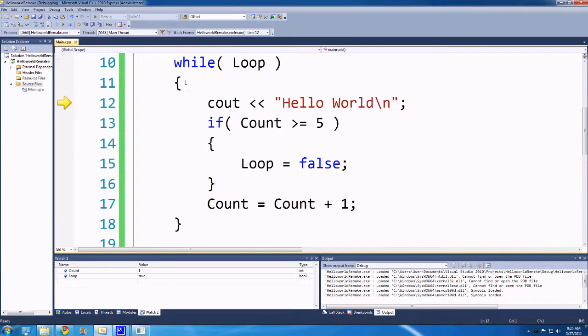Now we're back into this loop. You see it repeated because the while loop is still true, so it just came back up to the while loop, checked if it was true, saw that it still was, so it continues. So it'll print again. See it printed hello world. Is count greater than or equal to 5? It's not. 1 is not greater than or equal to 5. So then it'll just skip this if statement, go right to count, and change count to 2. See it change down here. And then we can keep doing this and it'll just keep printing